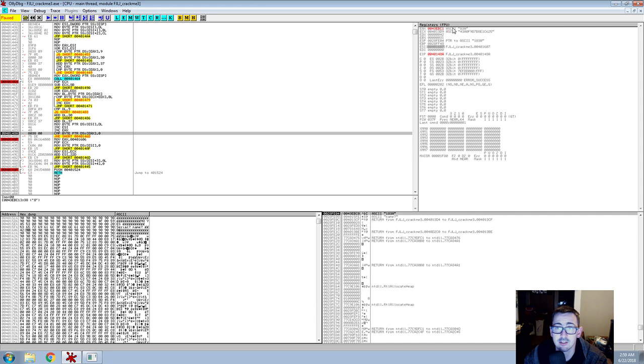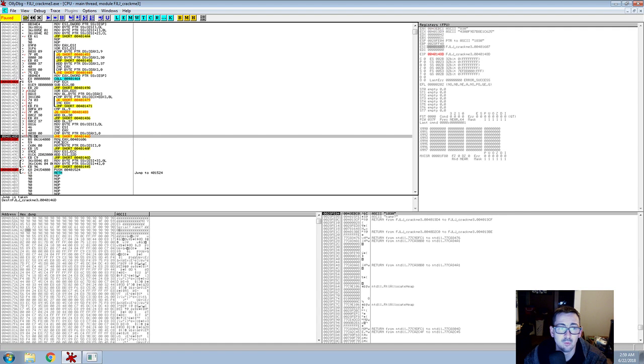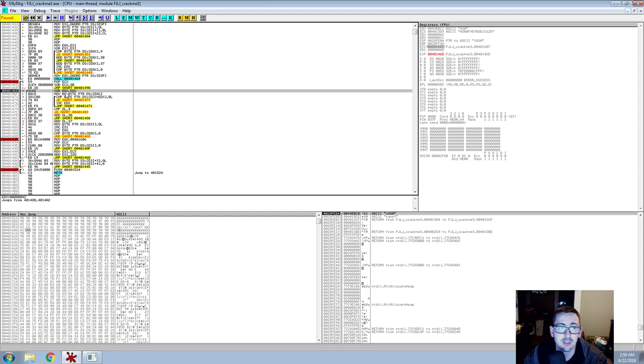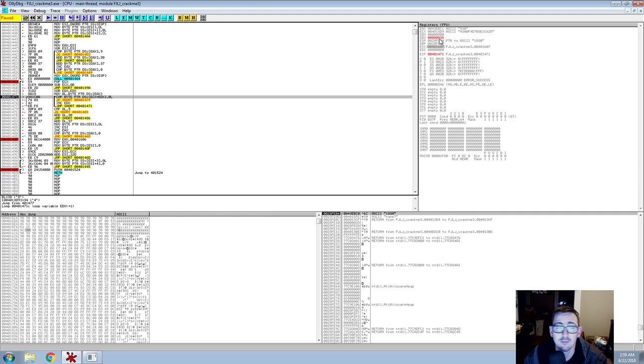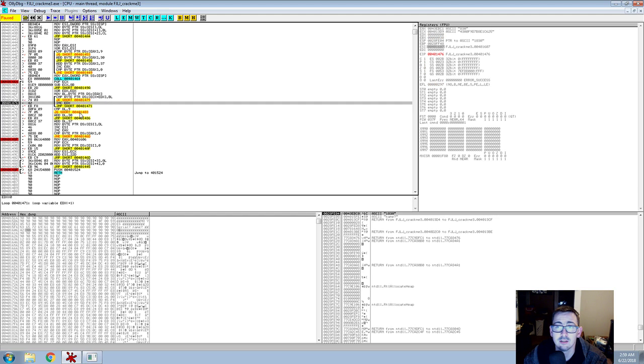Increment EAX, so now we're going to be referencing the 8. It compares the byte to make sure we're not at the end of the string. And then it goes back on up. XOR EDX, clear it out. Move to BL, next byte of our name, 38, which is an 8, and it's down